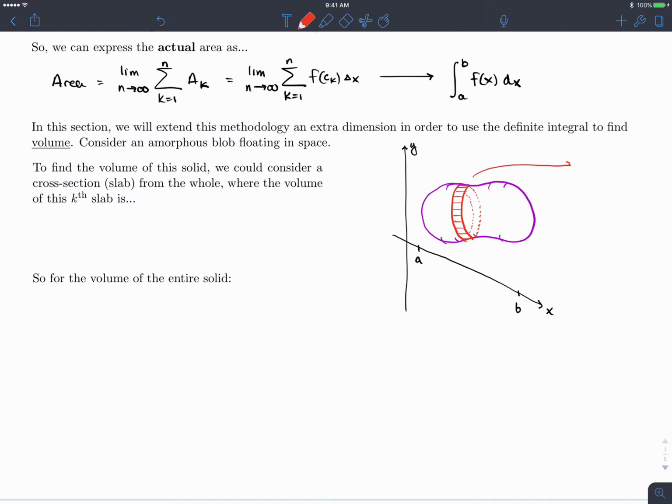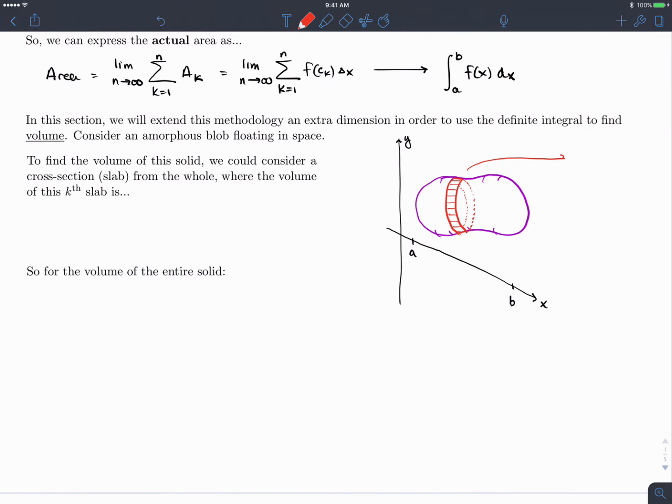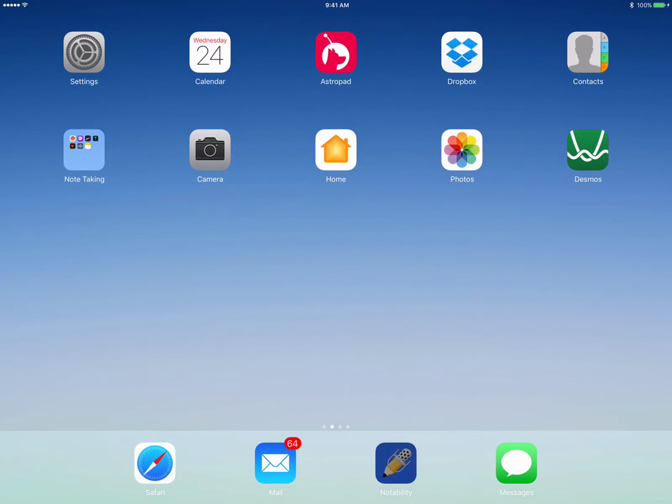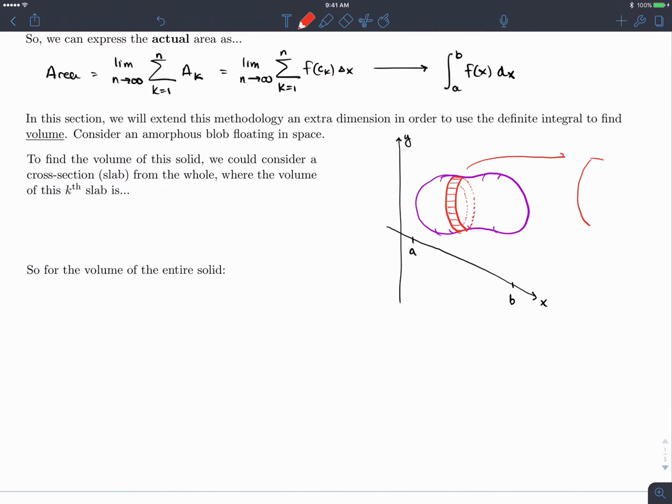So I'm going to look at this right here, and bring it off to the side. This is what we're focused on right here, this slab. So how do we find the volume of this cross section of the slab? Well, once again, we could define the width. That would be this distance right here. This is the width